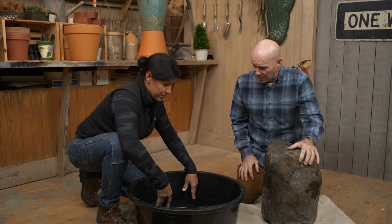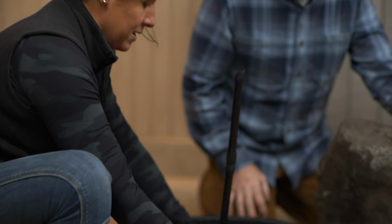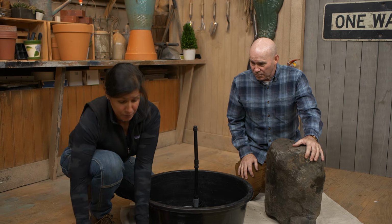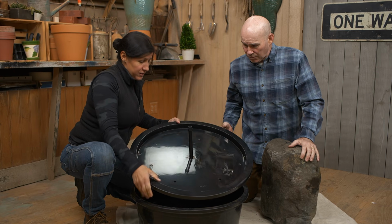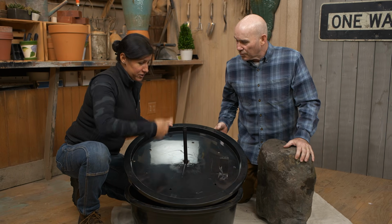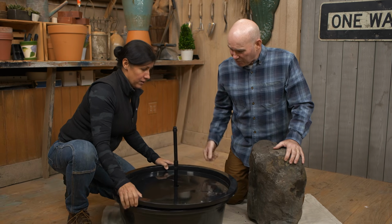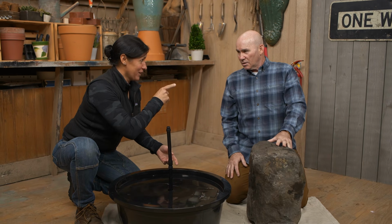So water goes in here. We have the pump. All you do is plug it in. Great. The water is going to stay within this basin. You put the lid back on through this hole. So there's these drainage holes, right? So it's a recirculating system. So we pop this on. Water just goes down the hole and then just comes right back up. Right. And so all you have to do is plug it in,